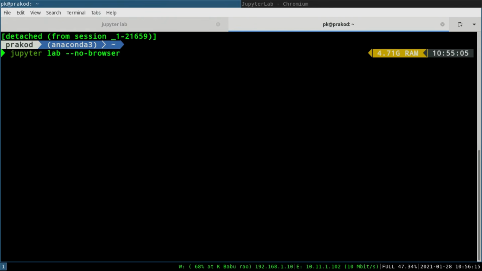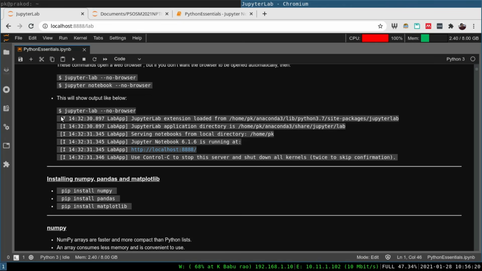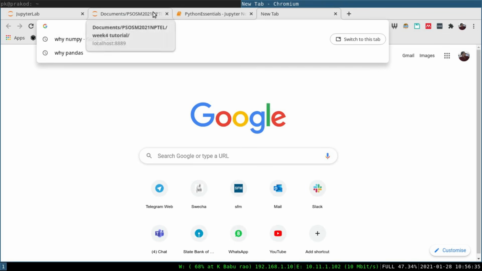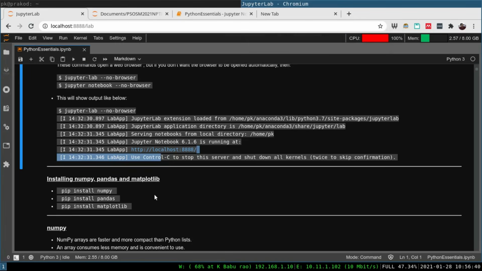What it will do is it will not open the browser by default, but it will have an output something like this. Once you press enter, it shows this kind of an output, and it gives you a URL, right? So you can just copy this and paste it in your browser address bar, and it will open up an interface like this, right?